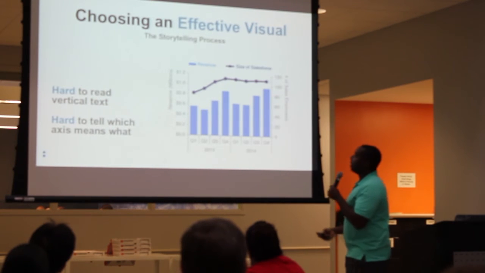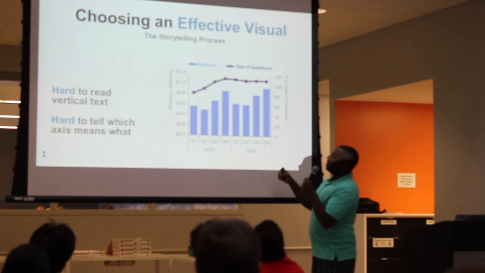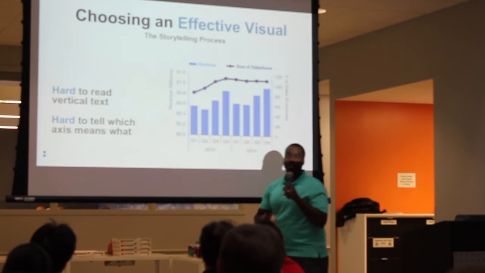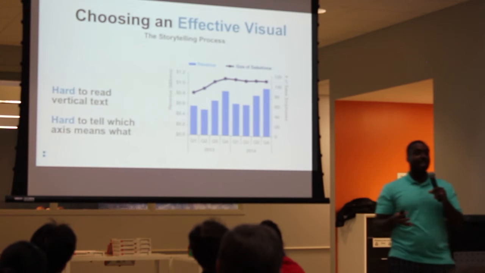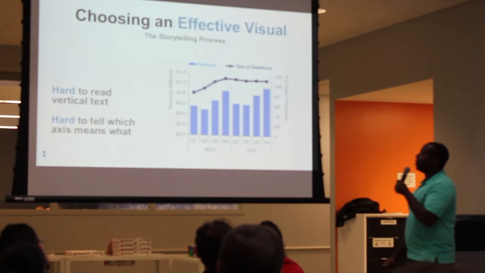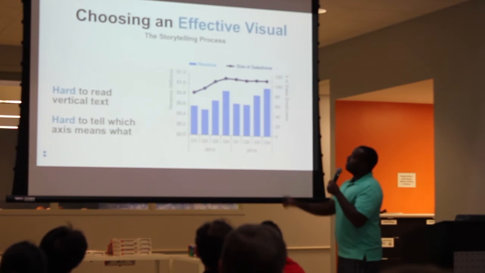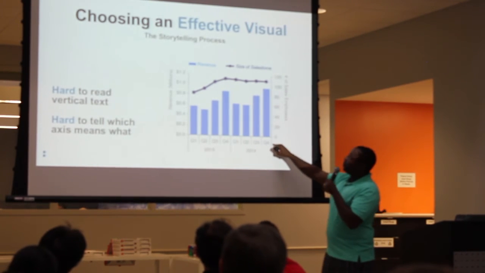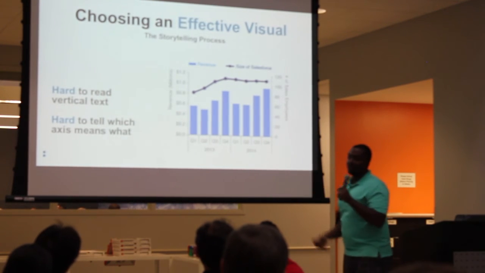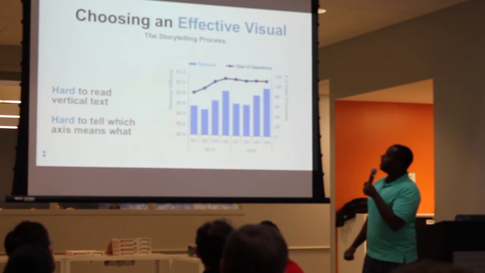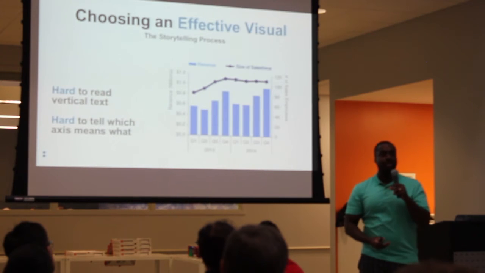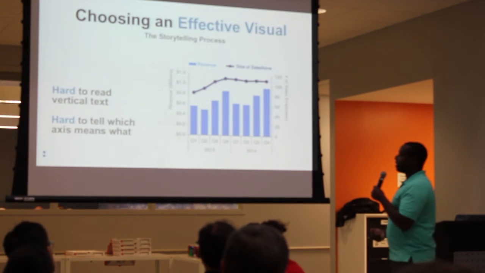And so a double axis chart, it doesn't seem too harmful, but it makes you do things like this. This text is vertical, and there's a study that reading vertical text is like 3 times as hard as reading horizontal text. It takes you longer to read vertical text than horizontal. And also, you can't really figure out which axis goes to what metric sometimes. And so something you might want to do is just separate the two. Give us 2 charts instead of having one chart with everything combined.